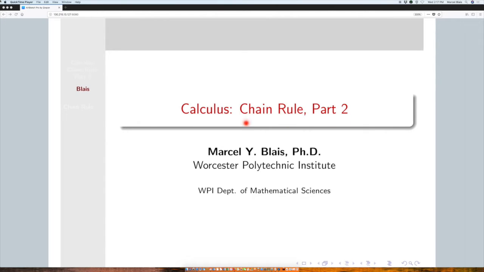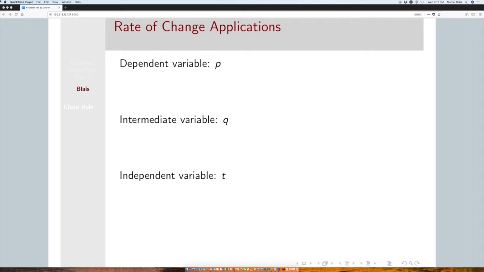In this lecture, we'll be continuing our treatment of chain rule. Recall, chain rule dealt with the situation where we have a dependent variable, an intermediate variable, and an independent variable. And recall, the idea is that if the independent variable changes, think instantaneous change, we have an instantaneous change in Q